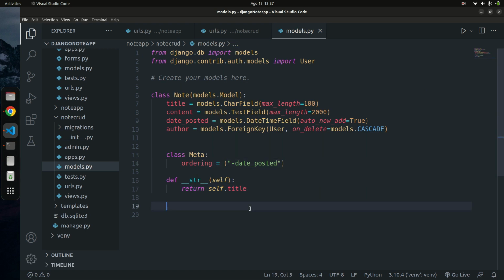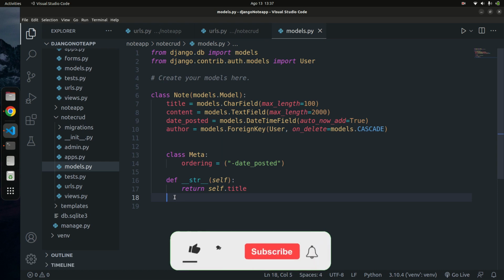So once we have that, that's all we need to set up that and get it running. So that's all we need for that. Yeah, so that's all we need to create our notes model. So once we have our notes model done, what we need to go ahead and do is for us to